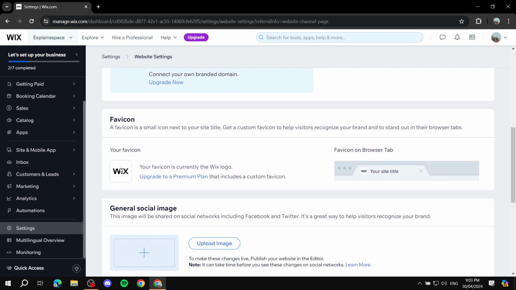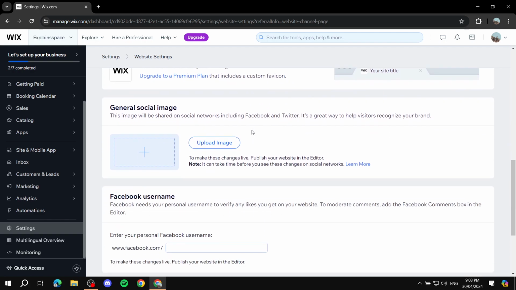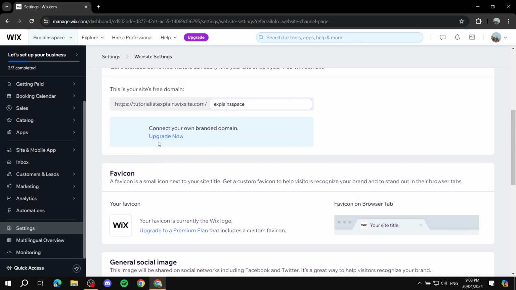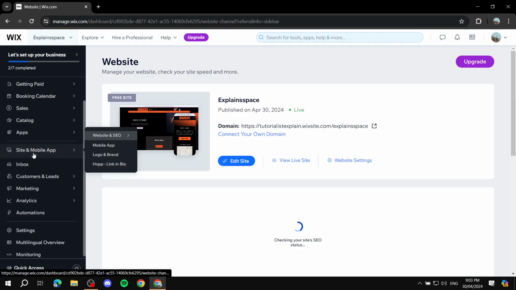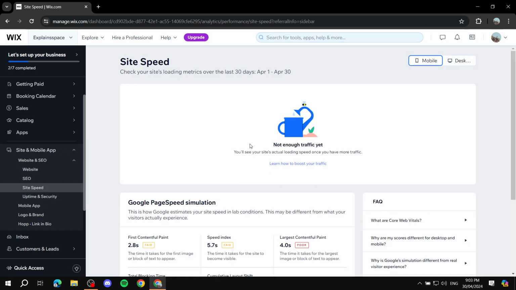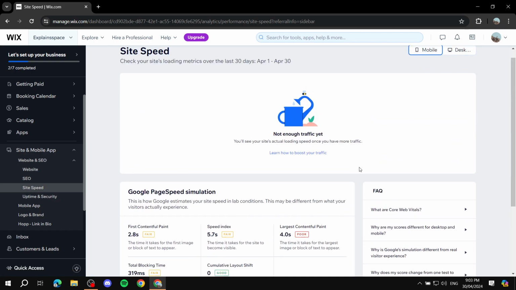Favicon, if you want to add one, but you just need to make sure first that it is the proper image, and just edit things out within the site settings. And again, we just go back to site, and here obviously we can also see other stuff like site speed, SEO, and uptime security. For example, site speed is actually going to analyze, if you have enough traffic, the actual site speed that you have, and we can just go back to edit site, and it's always going to be